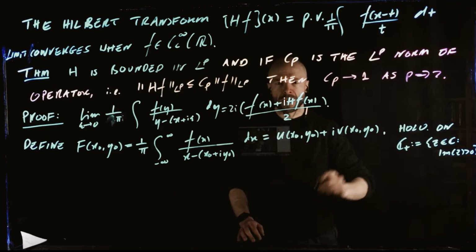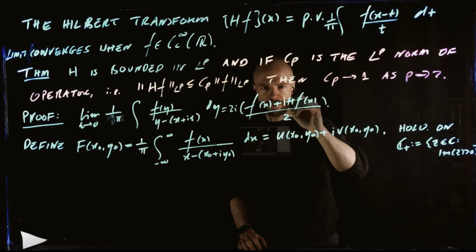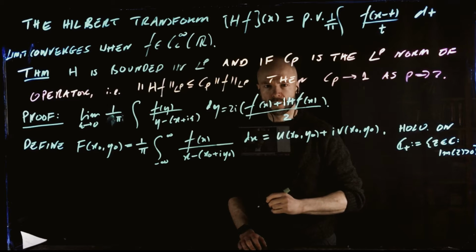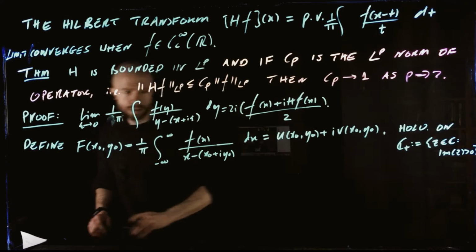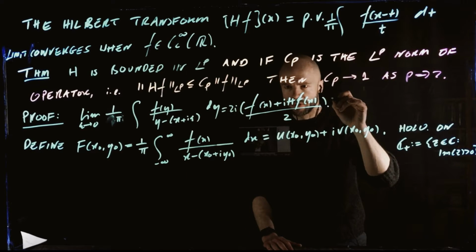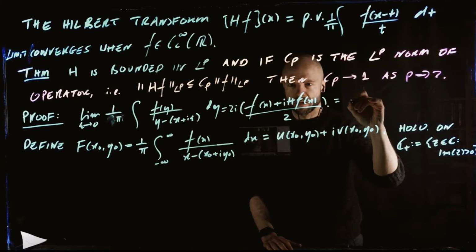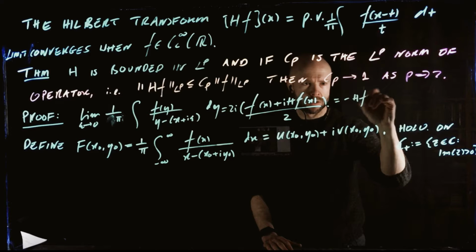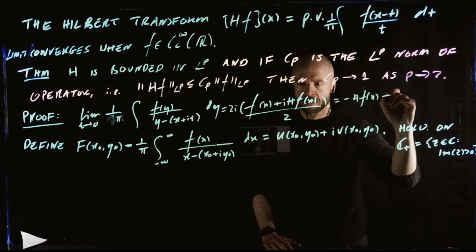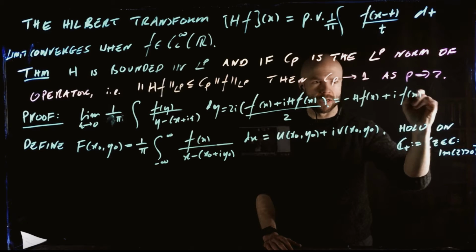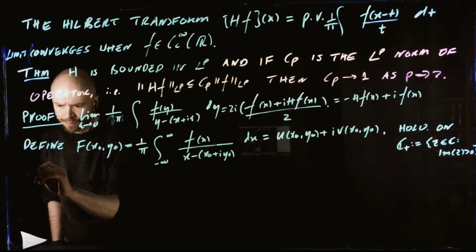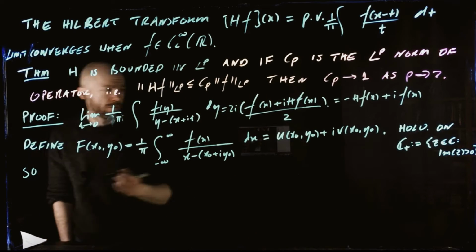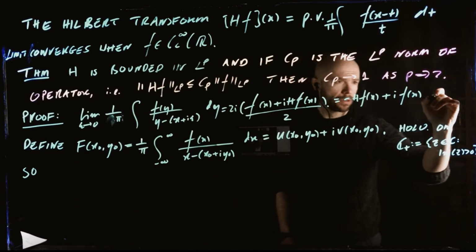And I missed out what this should have been, the imaginary part of this, right? Yeah, so then we're going to get minus Hf of x plus i times f of x, right? So what does that mean? That means that from this formula, let's call this thing star,